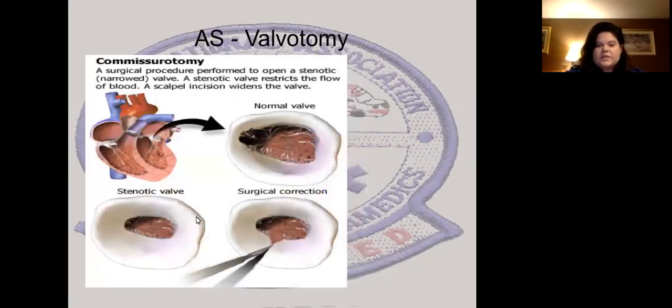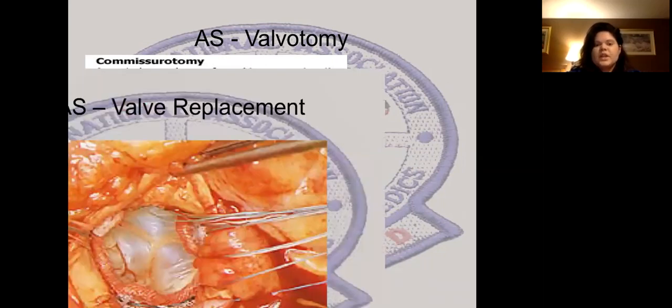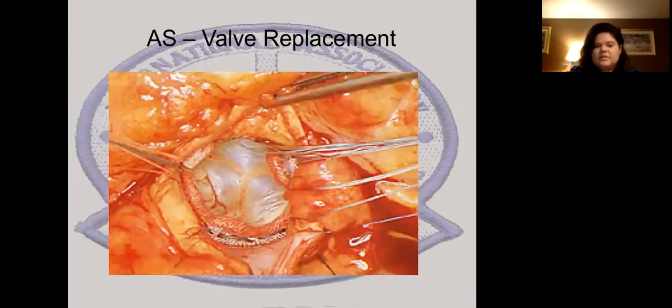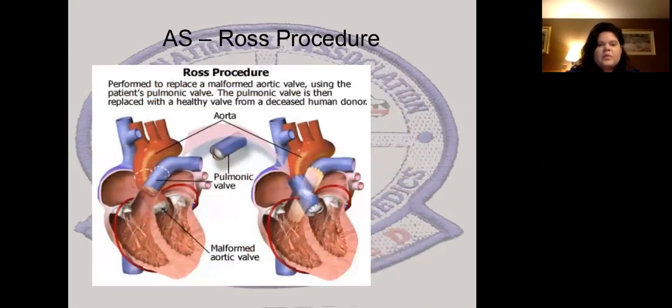You could just make a surgical correction of it with the valvotomy, and they just go in, cut a little area where it's stenotic, and try to make it normal again. It's a valve replacement. The Ross procedure. So the pulmonic valve is replaced with the healthy valve from